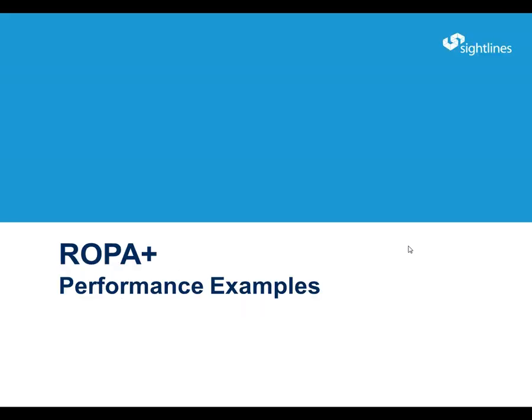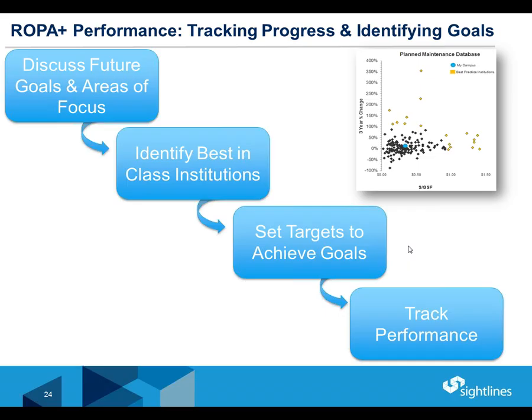So the next section, ROPA Plus performance. And Jim touched on this a little bit, utilizing our database of 1.3 billion square feet. And I'll highlight a couple different examples here, but first there's a few steps in the performance process that we'll cover. When we're talking about performance, the first step is we have a conversation with the campus on what are some areas of focus that you want to look into? Because as you all know, there's an immense amount of data in our ROPA process. And just by having a conversation around a few items provides a focused or targeted approach to certain areas that you want to change.